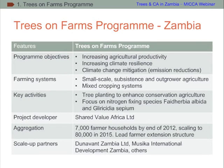So just to give you a quick overview of the Trees on Farms program. The program objectives are to increase agricultural productivity, increase climate resilience of smallholder farmers, and of course climate change mitigation. And we're looking to access emission reduction credits in order to improve the sustainability of the project. The farming systems, which we talked a little bit about already, are small scale, subsistence and outgrower agriculture, and mixed cropping systems. The key activities of the program are tree planting to enhance conservation agriculture, and there's obviously a focus on trees that are most beneficial for the crops, and that's obviously in many cases legumes, which are nitrogen fixing, as